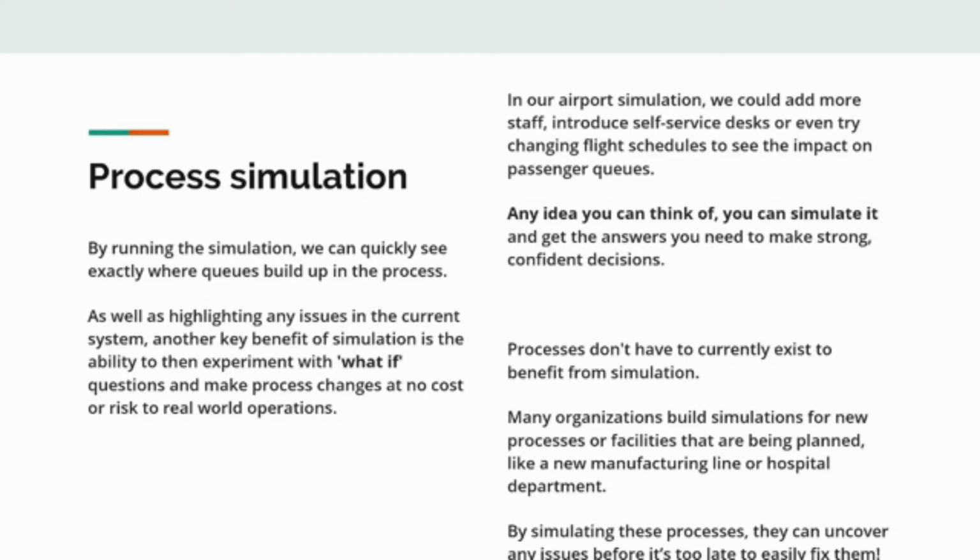So, many organizations build simulations for new processes, new facilities. I reckon the new hospital that we're going to have should employ this instead of just recruiting people. They can actually do some simulation. How many doctors do they need? How many beds? How many X-ray machines? How many ambulances? How many anything related to your day-to-day